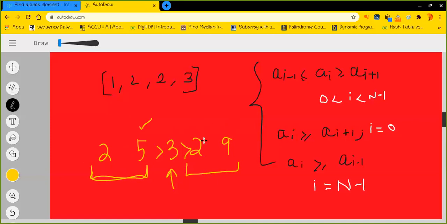It doesn't make any sense to move to this particular segment to look for the peak element, right? Okay, I hope it is pretty much clear. We are going to write a binary search algorithm to solve this particular problem. So cool.